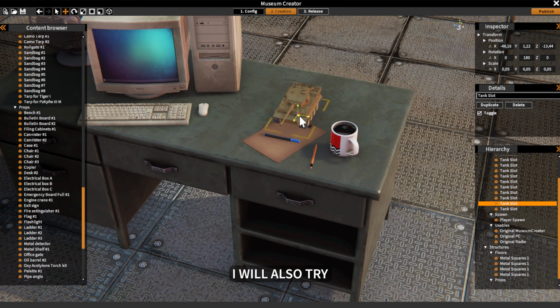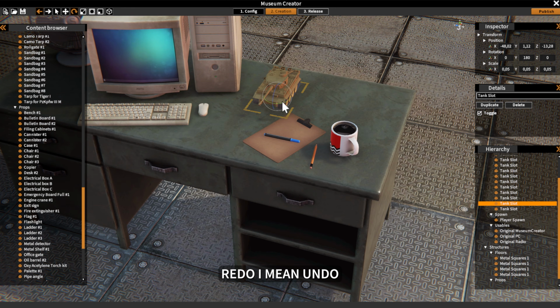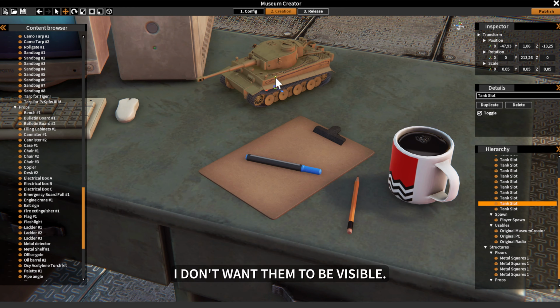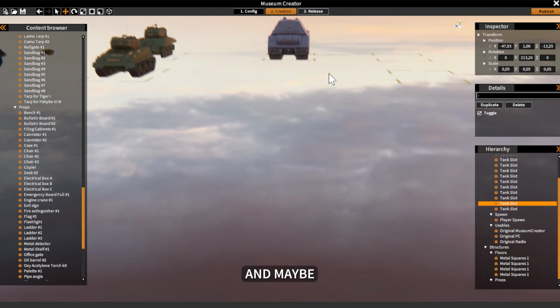Okay, I will also try redo, I mean undo, rotate, W for move. Move it just slightly below so the lines are not visible here. I don't want them to be visible. Okay, we have one tank, and maybe